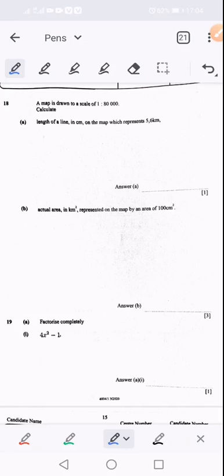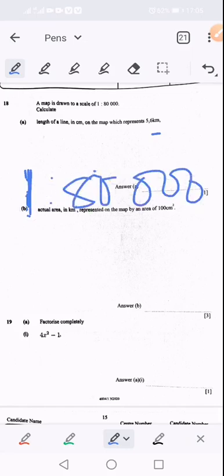Okay, then tine question number 18 of November 2020, paper 1, yakati a map is drawn to a scale of 1:80,000. So calculate first question, yakati calculate the length of a line in centimeters on the map which represent kilometers. So kuti answer this first question unofana kuziva zvinhu zvandauda kutaura izvi ivo vakati 1 is to 80,000. Okay. So ziva kuti i1 anditika it's scale